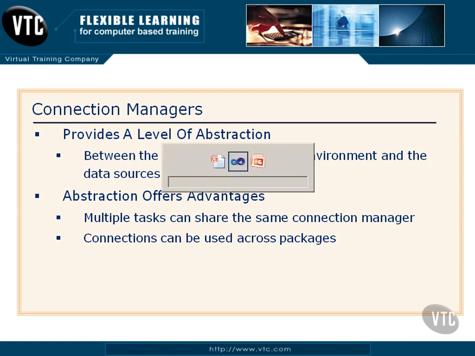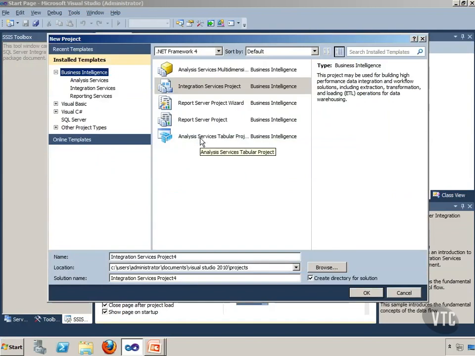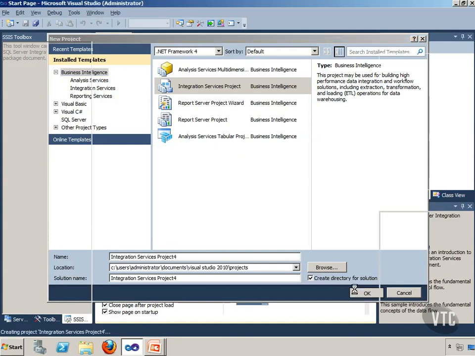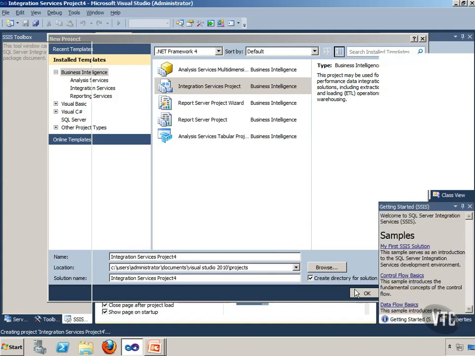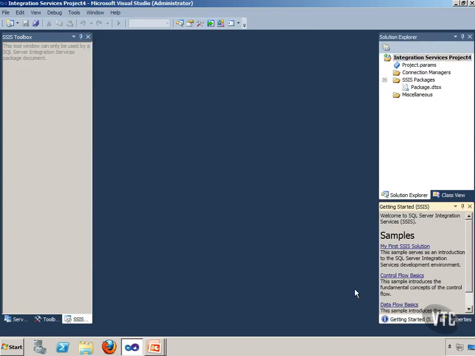So what I want to do now is just jump out into SQL Data Tools, and notice I'm going to create a new project and just click around here a second to give you the lowdown, if you will, on connection managers. Now I'll do an Integration Services project under Business Intelligence and give you a real quick run-through on these connection managers. The connection managers offer you a very simplified environment for connecting to a lot of different